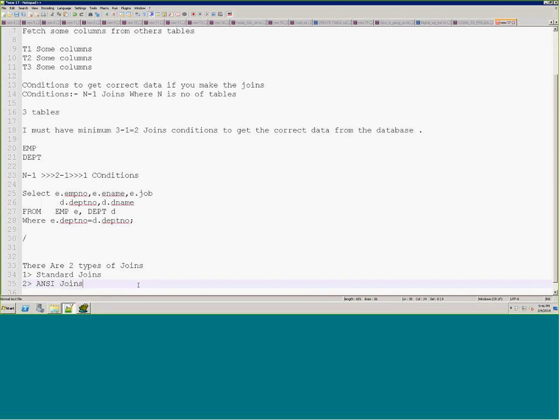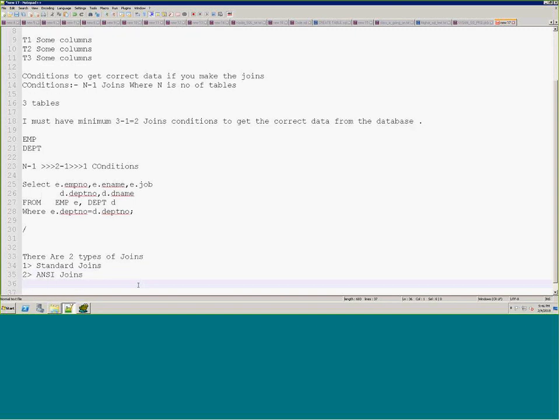The ANSI join is also called the ANSI 1990s join. It has become obsolete as of now, but still some of the companies are still using the ANSI join, and Oracle is still supporting